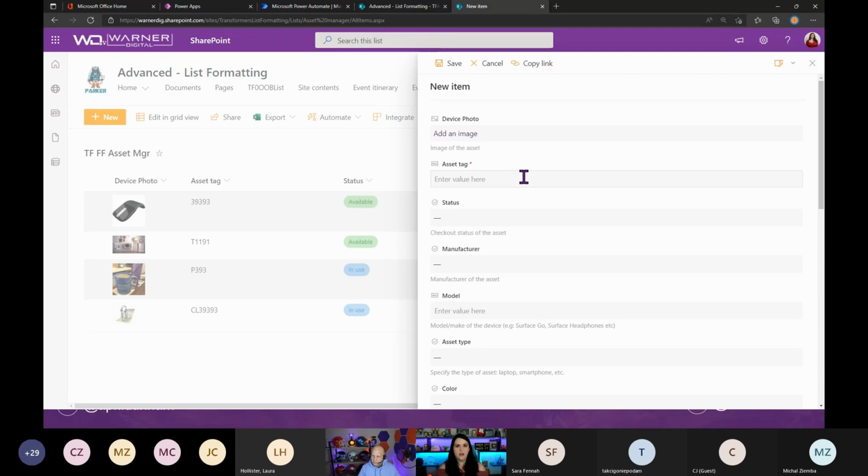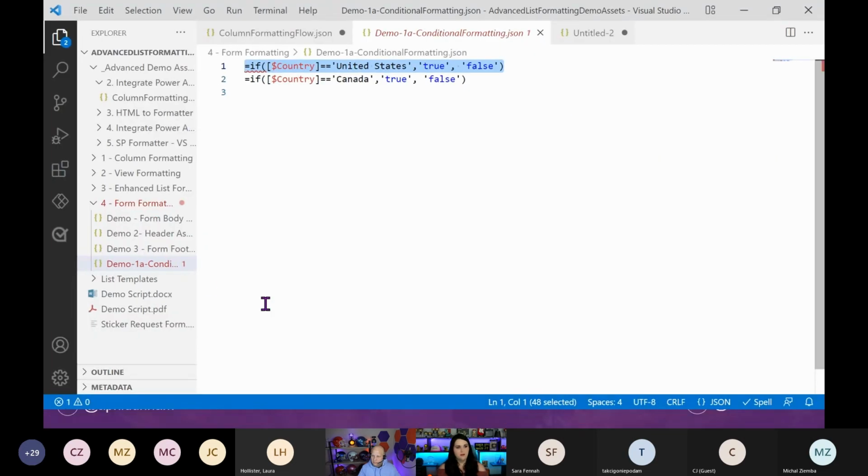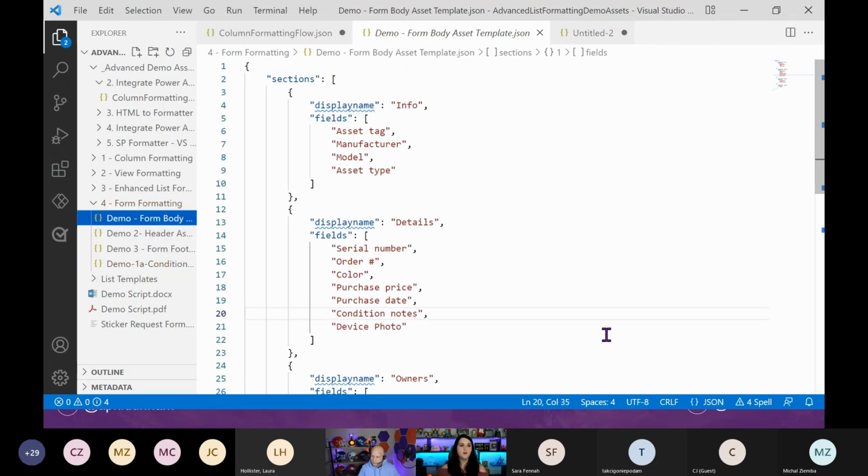We can use the other aspects of form formatting for that. So I'm going to go back here to our Visual Studio Code again, and we're going to look at some other samples. So this one is to customize the form body. This is a simple way to get started because all we need to do if we want to make a multi-column layout or maybe add in some section headers and group our columns that way is to use this sections